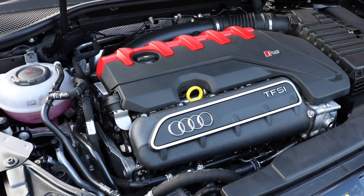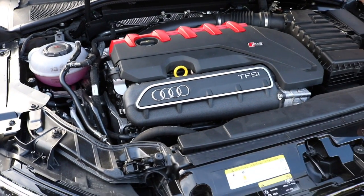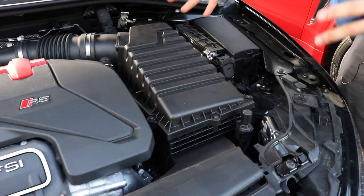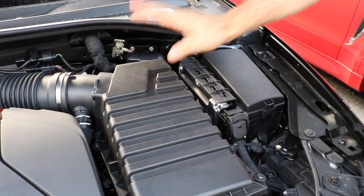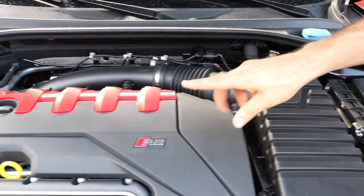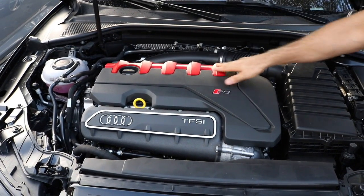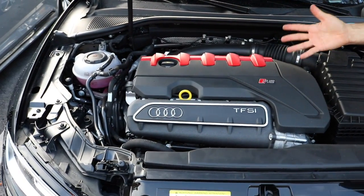This is no joke. This is Audi taking everything that they've learned through endurance racing, road racing, and rallying and throwing it into their models. You could see how Audi does a phenomenal job with placement of their engine. I like the way they bring the RS badge. There's our Audi four rings, and I like a little bit of color underneath the hood